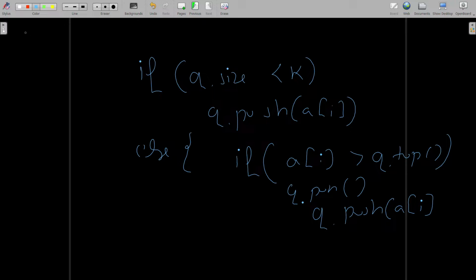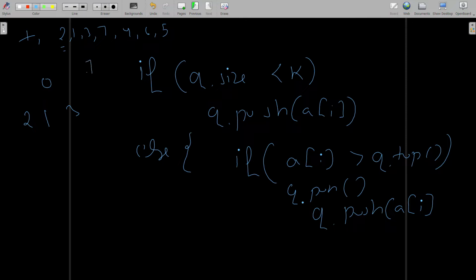Now we will see the dry run of our code. The array is 2, 1, 3, 7, 4, 6, 5. Firstly 2 arrives. Since the q size is 0, 2 is pushed into the queue. Then 1 arrives, the q size is also less than k, so 1 is pushed into the queue. Then the q size is again less than k, so 3 is inserted.